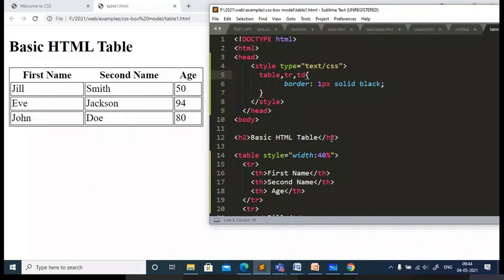Okay, so now we are done with the border. Is it clear how to apply the border? Here the border looks like it is just separating each cell. It is not like the exact table format. In case you want to make it the proper format, you need to specify what we call collapse, border collapse. But here I have made it incomplete.